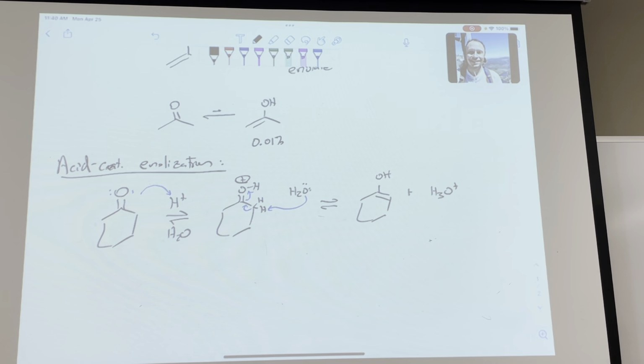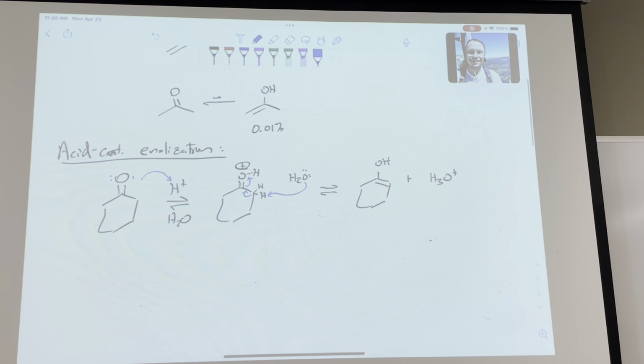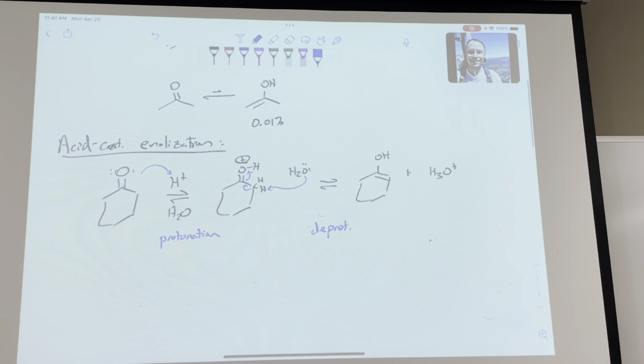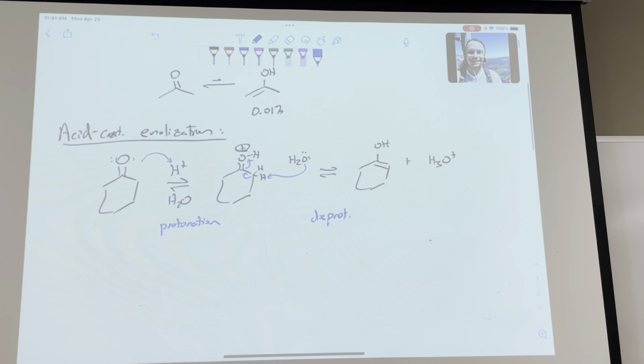All right. So you'll note in this mechanism, we simply did a two-step process. It was a protonation, followed by a deprotonation. All right. So then in base, what we're going to see is the exact reverse of this process. Okay, so under base catalyzed enol formation,